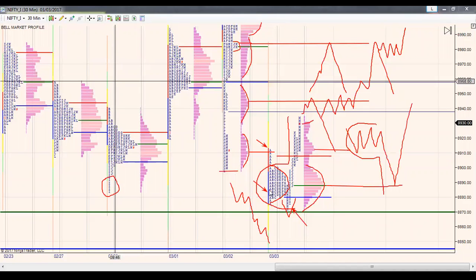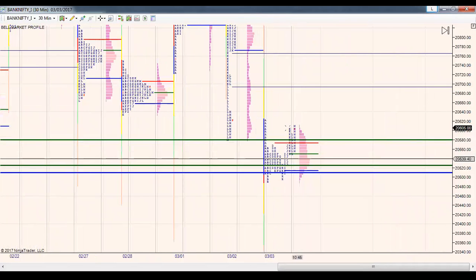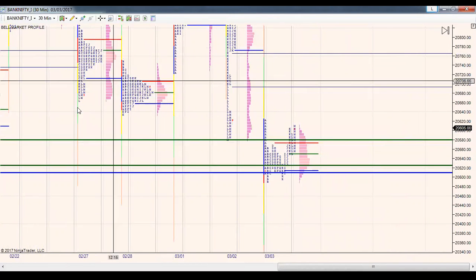Let's check out the Bank Nifty chart. Bank Nifty was more orderly. There was no big spike. What was evident was this nice V shape, and we have an immediate target for this V shape as the repair of the point from where this long liquidation started. Now again, this is a spike too, and we have a few anomalies here, as well as these high volume nodes, one here, one here, this one we have repaired.